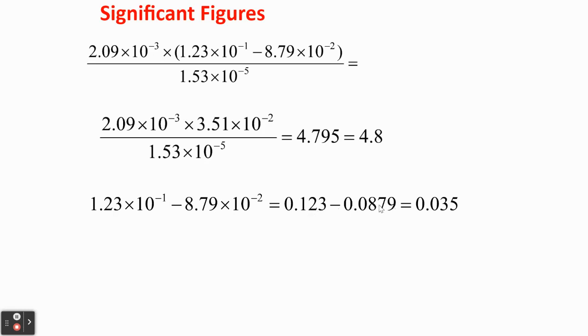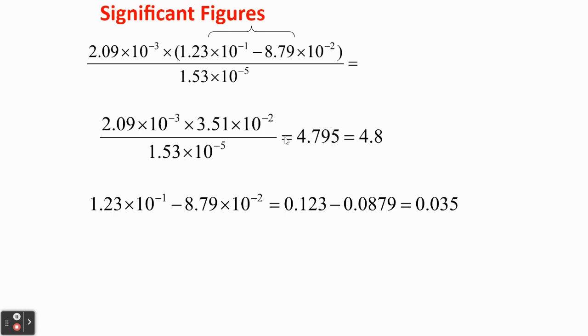0.0879, okay, we've got 3 decimal places here, 4 decimal places here. We want to round our answer to 3 decimal places. But we're going to carry an extra significant digit until we're done with our problem. So we'll take 2.09 times 10 to the minus 3, multiply it by 3.51 times 10 to the minus 2, divide it by 1.53 times 10 to the minus 5, and we get